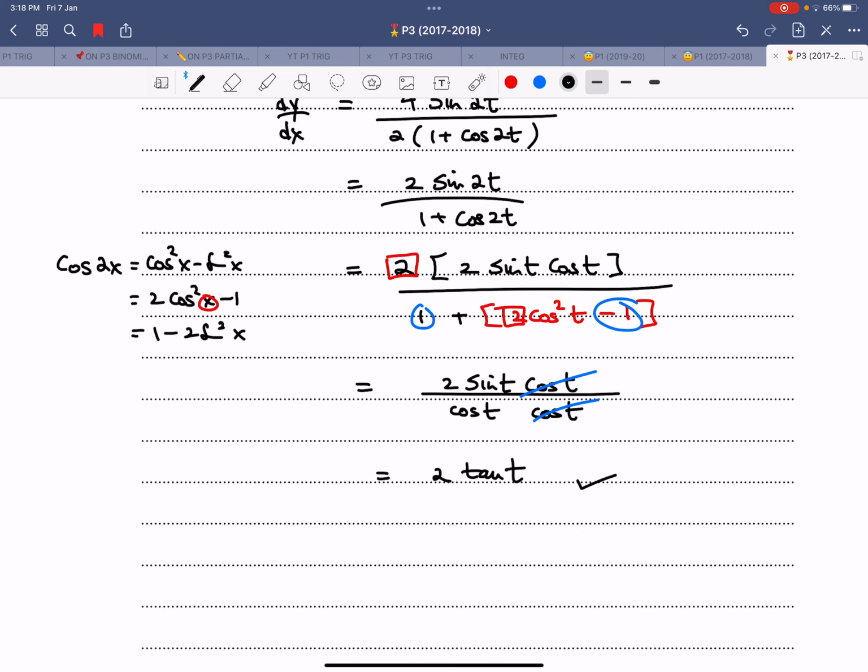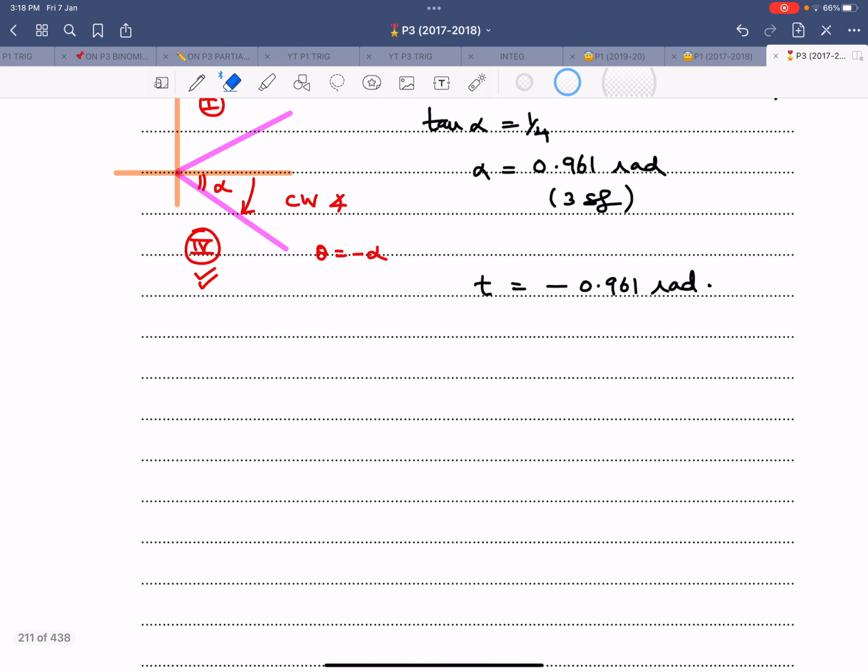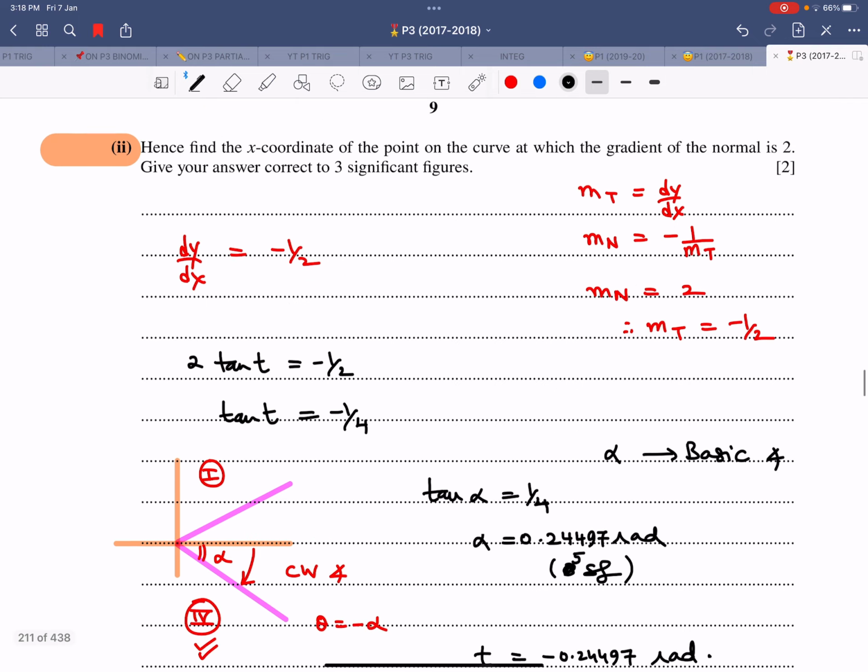So therefore x coordinate, I think I have calculated before and written the answer for this. So let me just use a calculator and tangent inverse. Let me change this into radians, and then 0.25 and then tan inverse. So this comes out to be 0.24497. I'm using 5 SF, that's perfectly fine. t is negative 0.24497. And now what is the x coordinate?